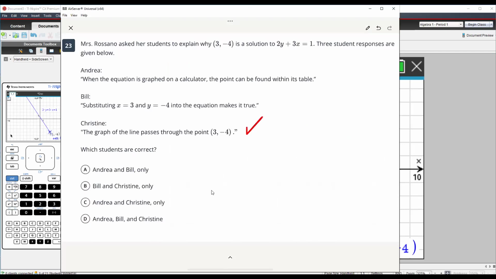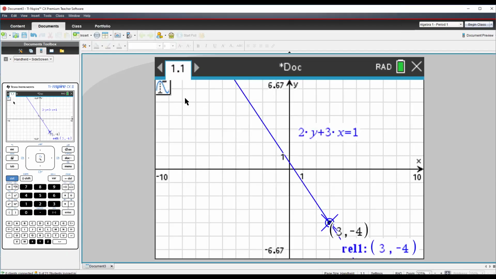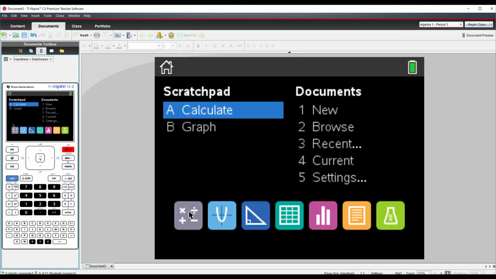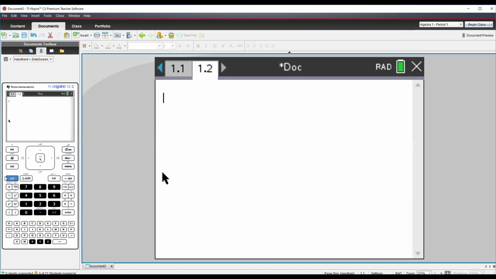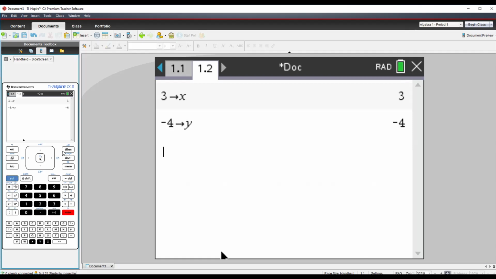Now, I'm going to do the same thing to show you that Bill was correct. Bill said if you substitute in x equals 3 and y equals -4, you get a true statement. So here's how I'm going to prove that. I'm going to store 3 into x, using control variable, and then I'm going to store -4 into y. Now, I'm just going to type in the equation just like we saw it, 2y plus 3x